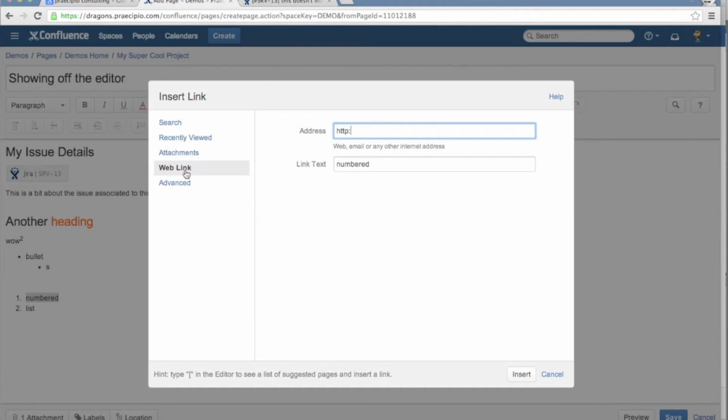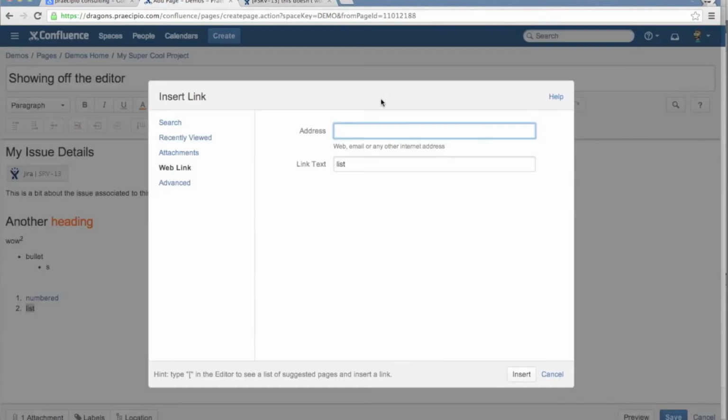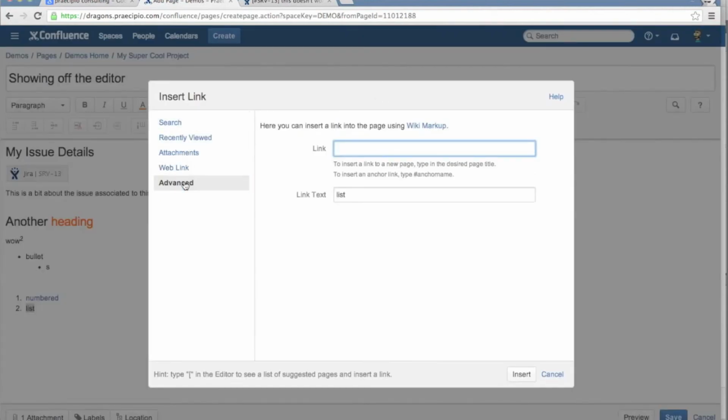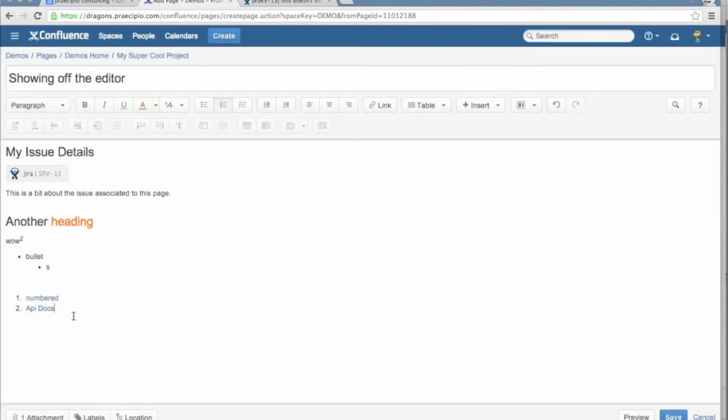So we could do something like this, and insert that. Now we have a web link to the Precipio website. And then here we can use wiki markup to create an advanced link. If we want to link to another page, we would just do it this way. We can change our text as well so it reflects more closely what it is. So here we can insert links. But the main thing is that you can insert links to other parts of Confluence, or out on the internet. And then I want to show you, because we linked to SRV13,